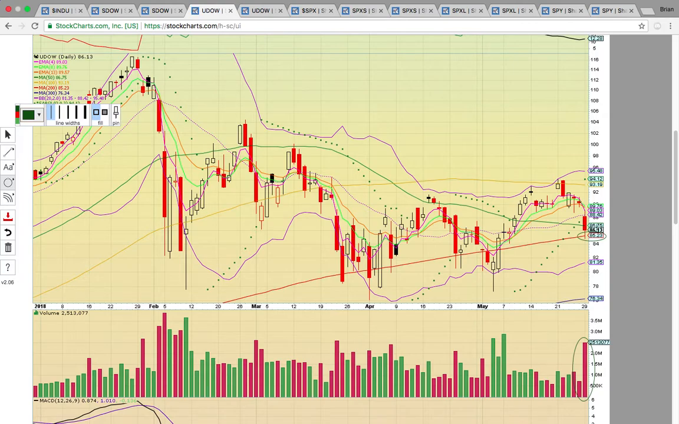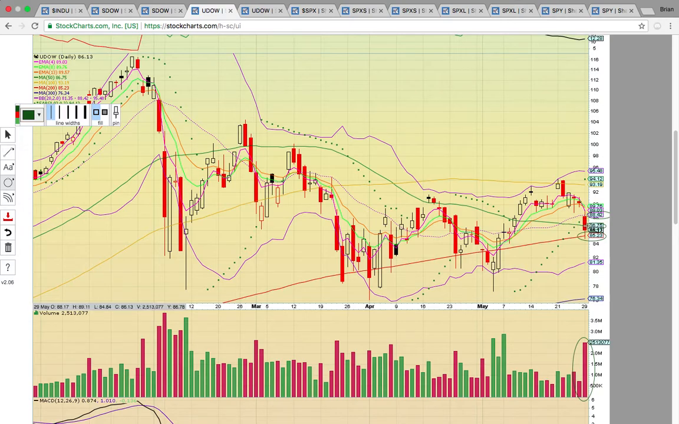But if it gets back above that 50-day simple moving average at 86.75, then that's going to be a signal that UDOW is in play for the bounce, and that UDOW call options are in play. All right, and then that would put SDOW puts in play. I know that can be confusing, but yeah,